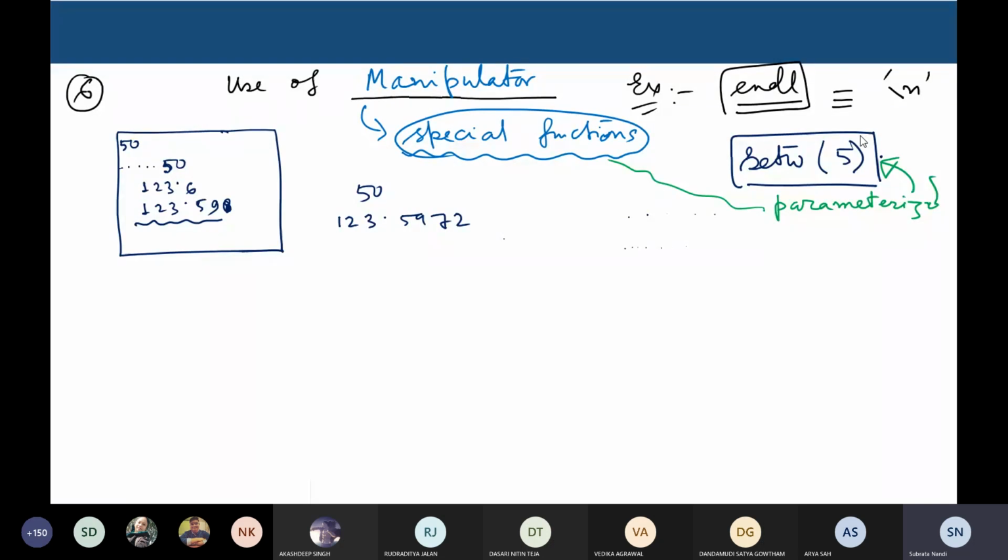So there are a whole lot of manipulators, a set of manipulators that is supported by the C++ compiler, and some of them are parameterized, some of them are non-parameterized. They just need the name, that's all. And some require more than one parameter also, but these are not functions. It looks like a function, but they are not functions. They are better known as manipulators. Although some of the simple manipulators are available in iostream.h, the rest of them are found in